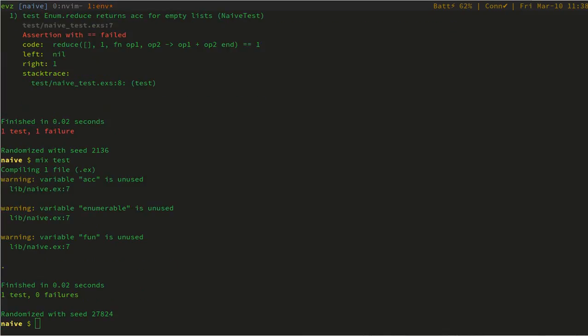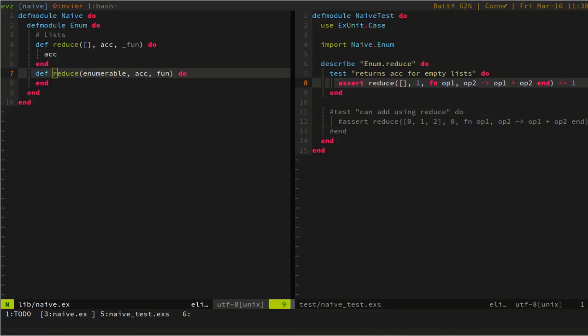So now if we run this, it passes. Awesome. We are making progress, right? So we've got one scenario covered, okay? Now,